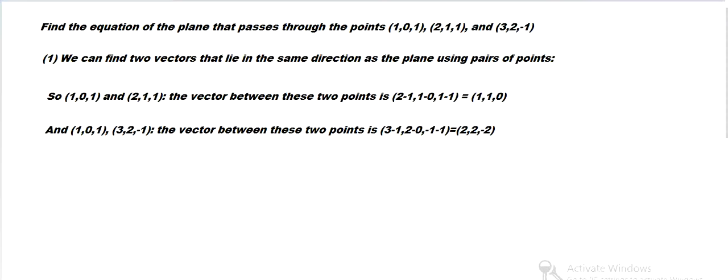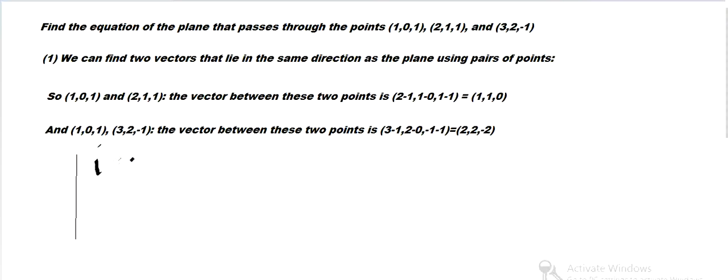And then with the first and the third, we do the same. Subtract the first from the third, and then get 2, 2, minus 2. So 3 minus 1, 2 minus 0, minus 1 minus 1. So that gives two vectors inside the plane, and we can find a third using